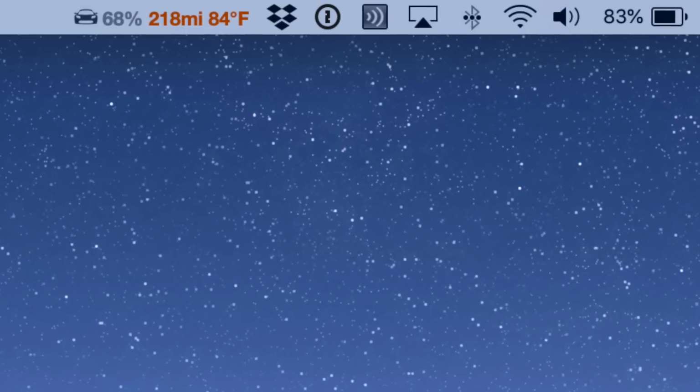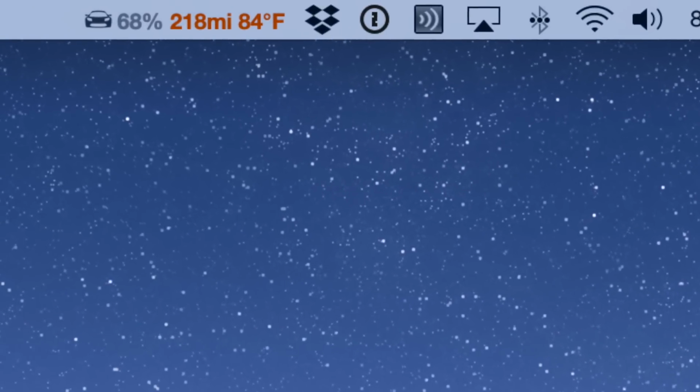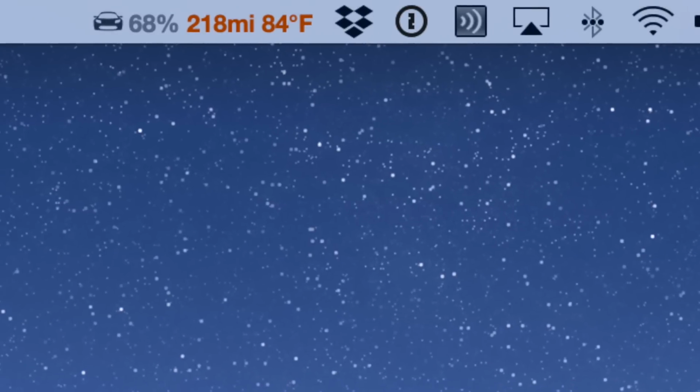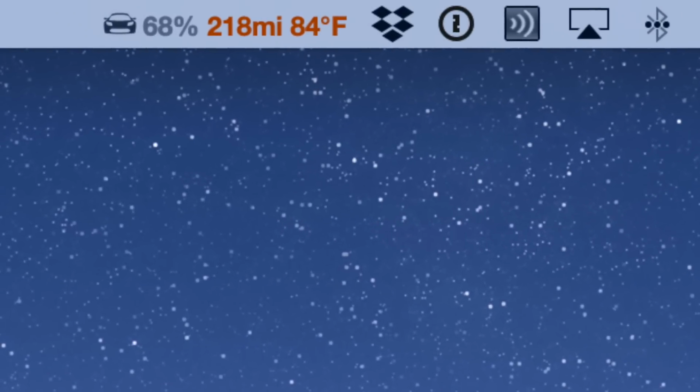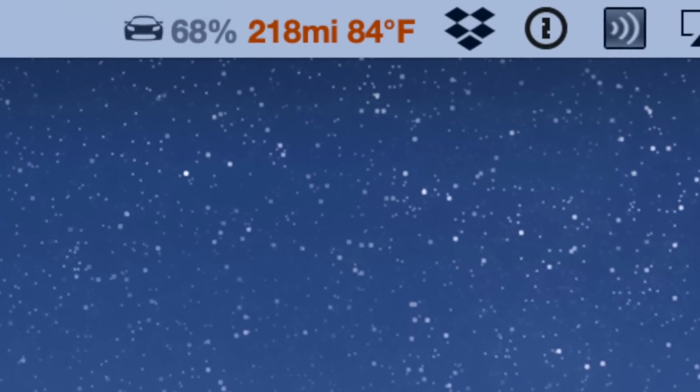He suggested it and said, oh, that's useful. I'm on my Mac all the time, so I like to see what's going on with the car. What's the inside temperature? What's the battery and how much range I have? And if I'm charging, how long before the charge finishes? And if the car is in Sentry mode. So small things that I like to see on the menu bar. It's called Stats